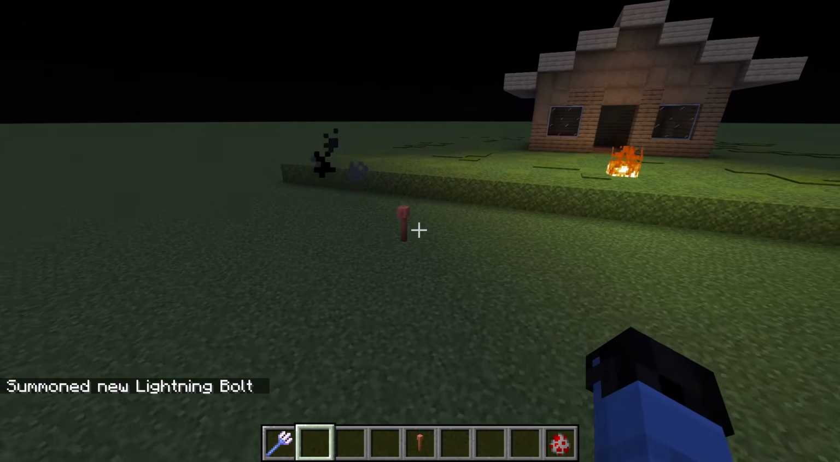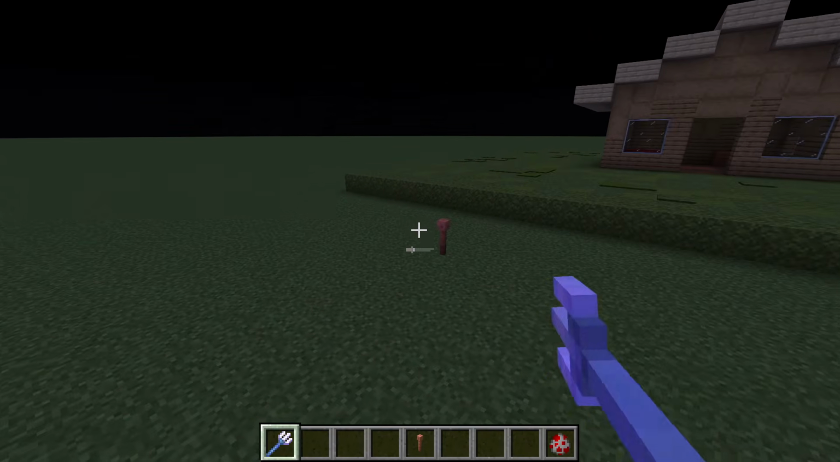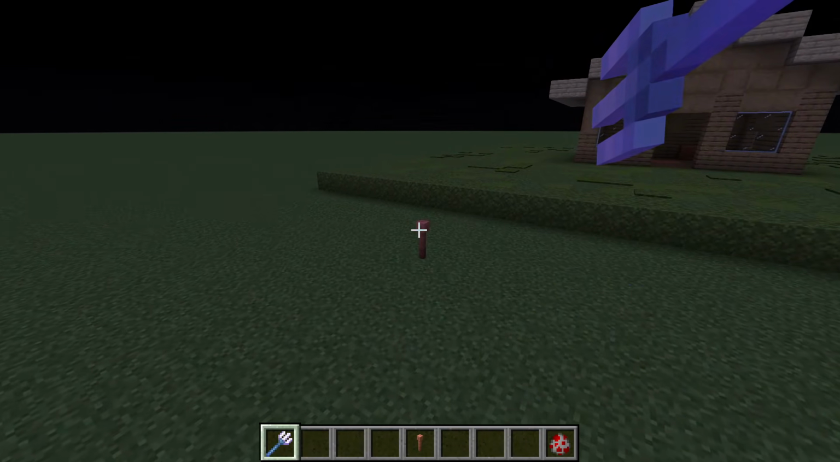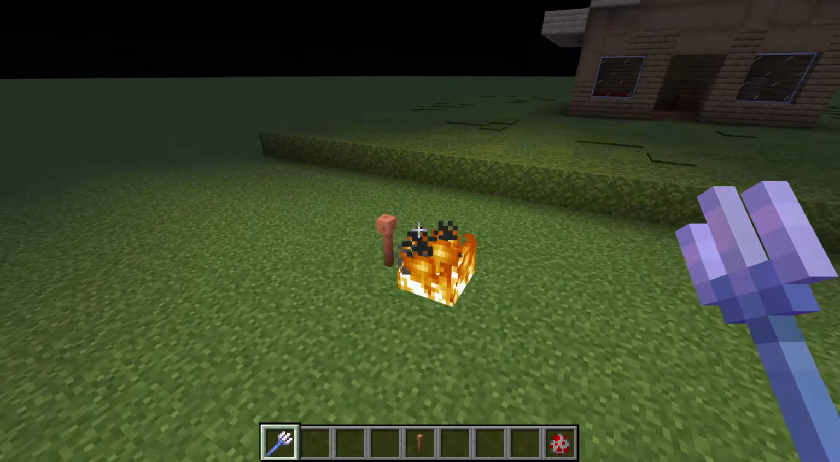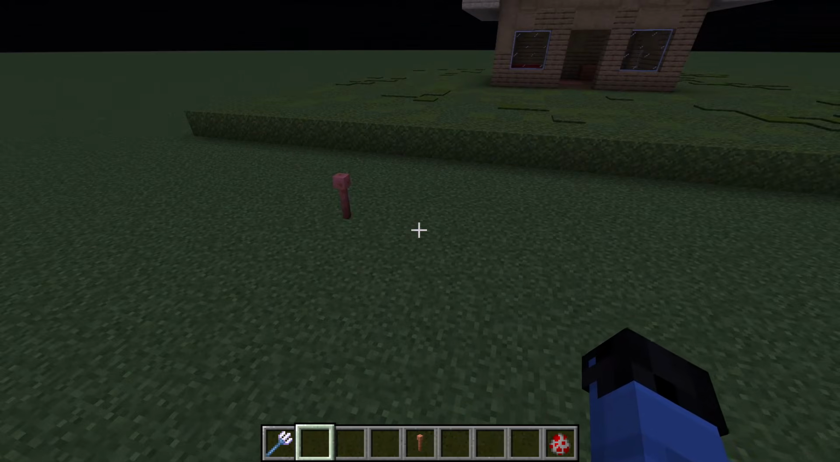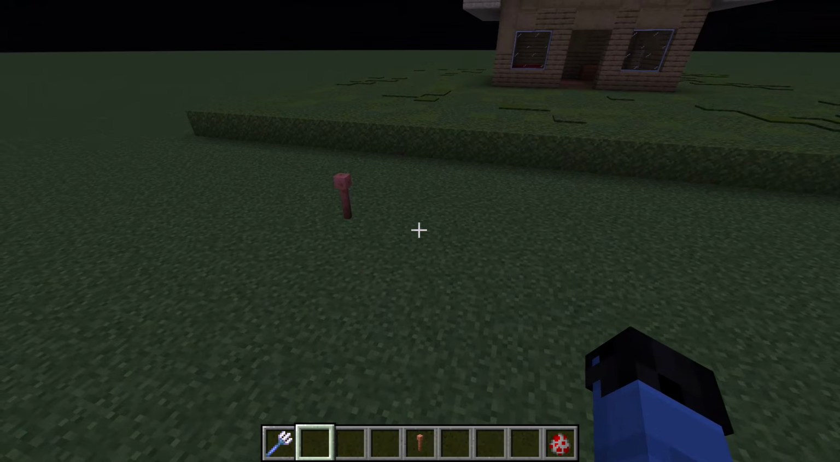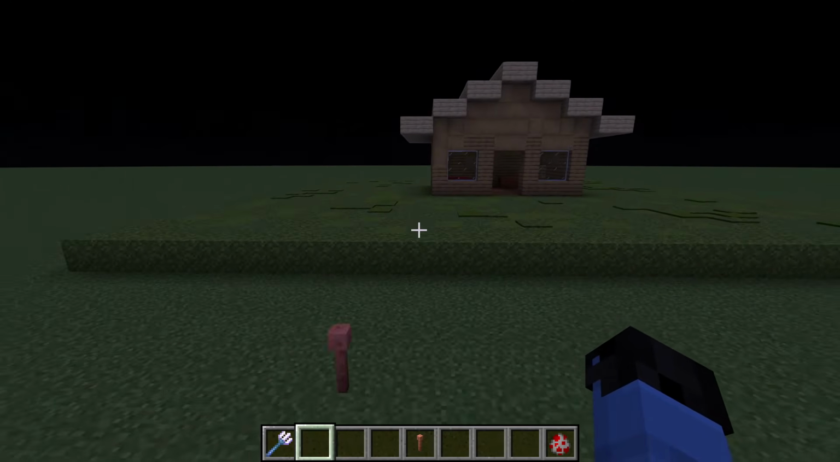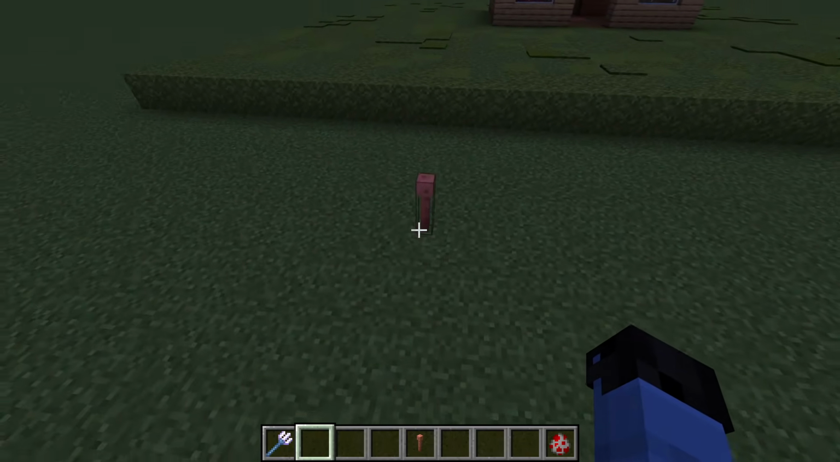Another thing that the lightning rod actually does is you can hit it with a channeling trident in both editions. As you can see, it just strikes lightning with the channeling trident, letting you strike lightning without having to hit a mob. Now that's pretty useful if you want to do some sort of redstone around this,